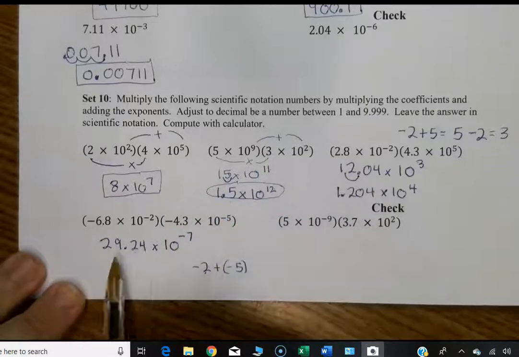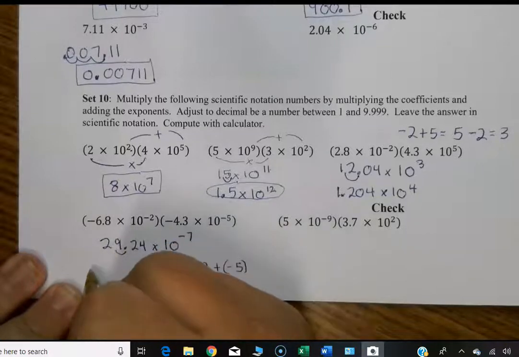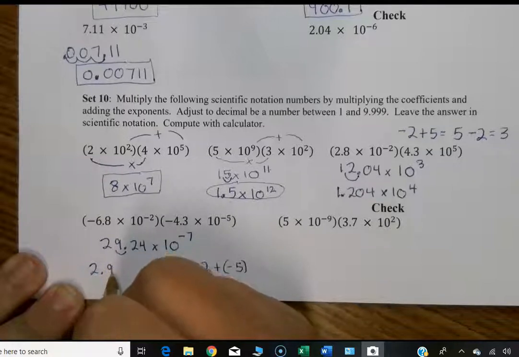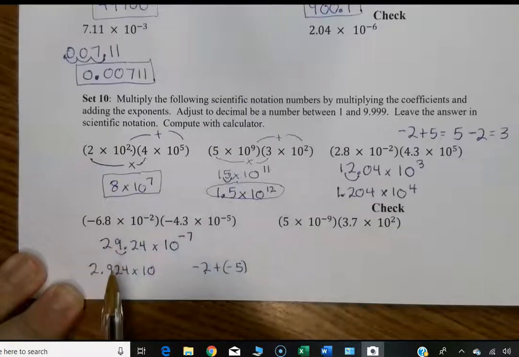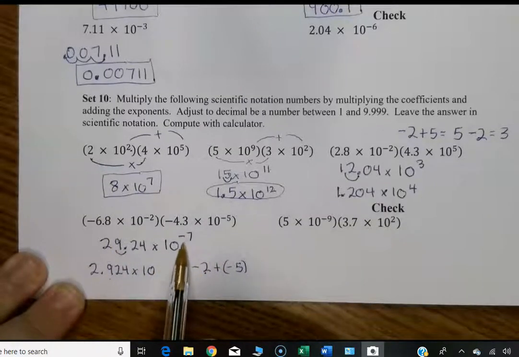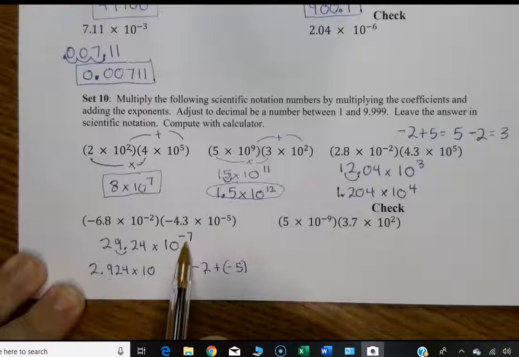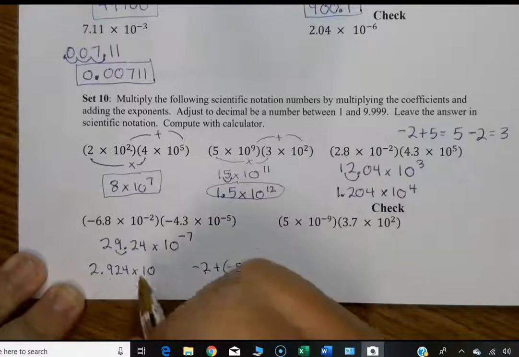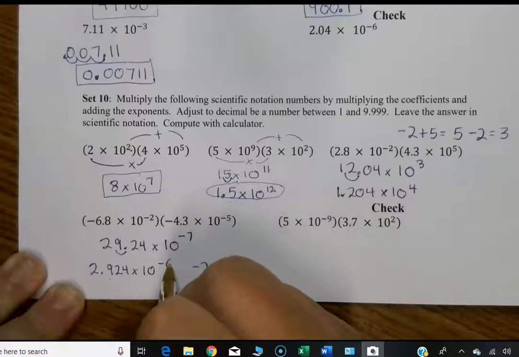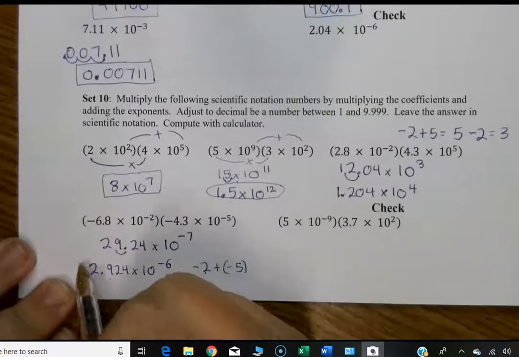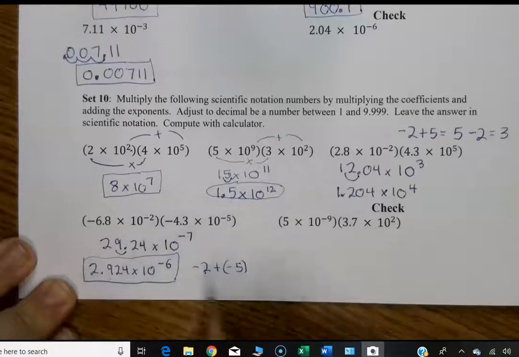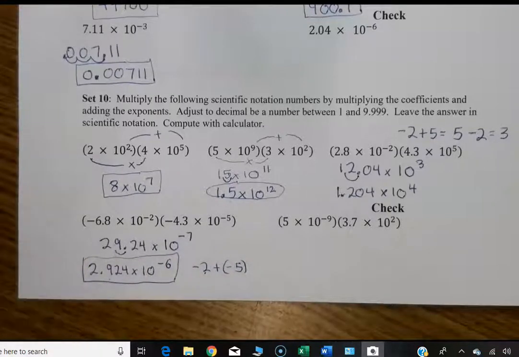Okay, again, we have to do a decimal adjustment. So we need to get the decimal over here to make it a number between 1 and 10. So 2.924 times 10. Now we made this number smaller, so we have to make this number bigger. Remember, a bigger number is going in the more positive direction. That means you're heading towards 0. So be careful. It's not negative 8, it is negative 6. Negative 6 is bigger than negative 7. Okay, and there is your answer for that. Okay, go ahead and do this one. That'll be a problem that I checked